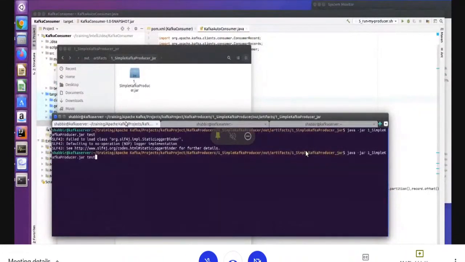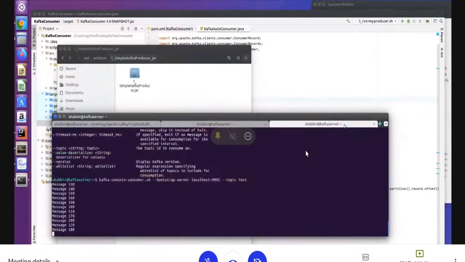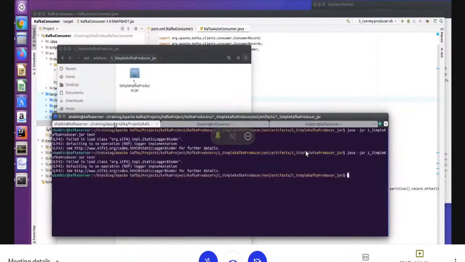Produce again. You can see data here, right? I am producing and it is receiving the data, right? So how am I producing the data? I have created one producer API. Producer jar, right? I created the jar and I will copy this jar anywhere in the system and it will produce data, right? So see, produce again, right?